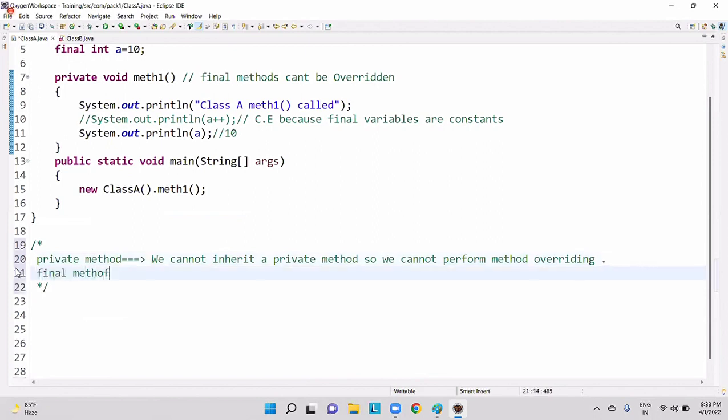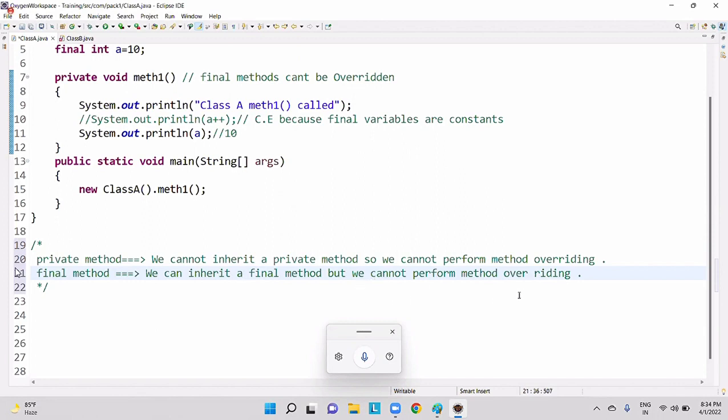Final method: we can inherit a final method, but we cannot perform method overriding. Did you understand the difference between a private method and a final method?